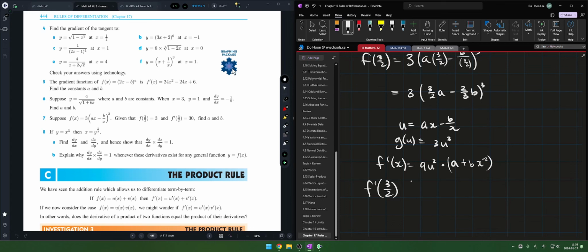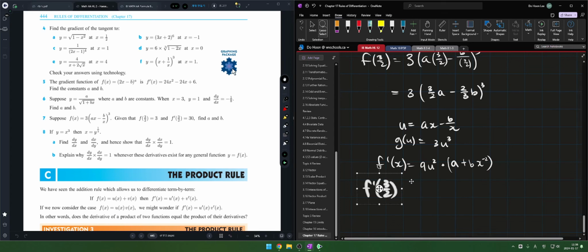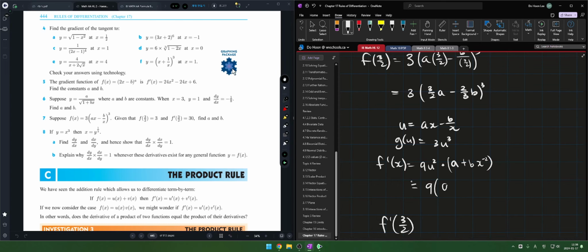It's dirty. What is 9 times (ax - 2) squared times (a + bx) squared? That looks very dirty. But apparently, if I plug in 3 over 2,